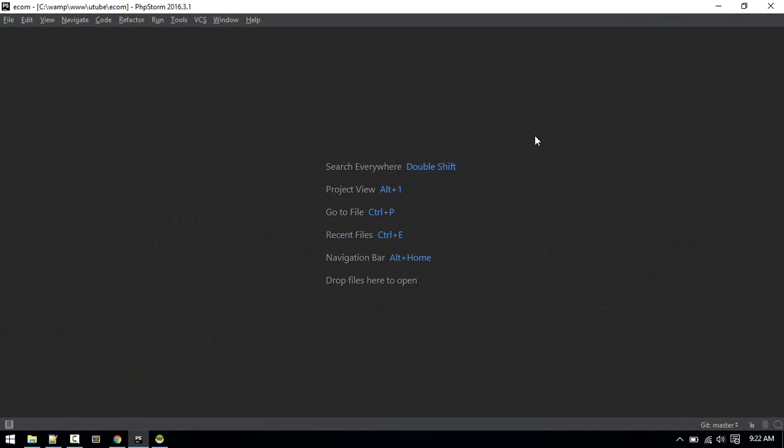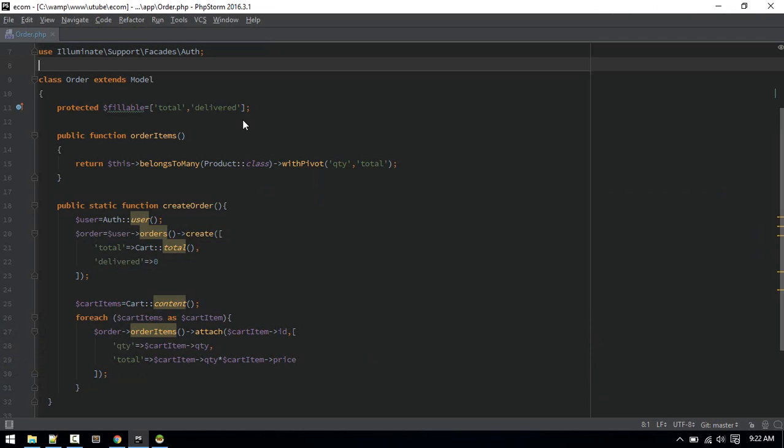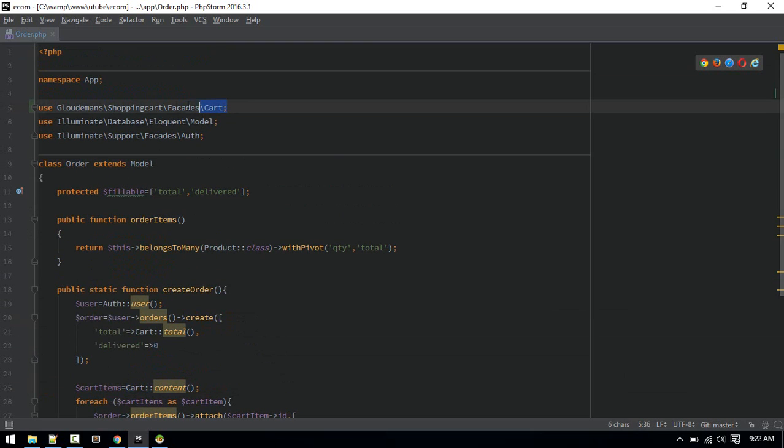So first, let's go to order.php. What I figured out here is we are using the Cart facade and we are not importing it. If you are already importing this, you don't need to change anything, just move on. If you are not importing the Cart facade, just use this. Alright, so after that,